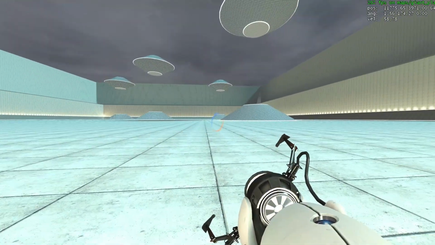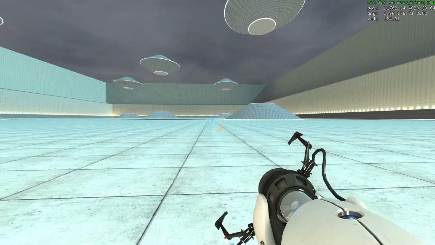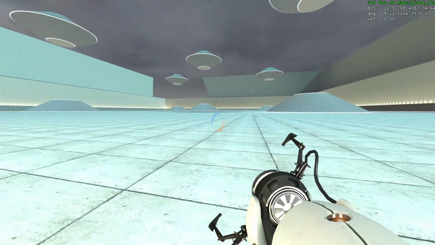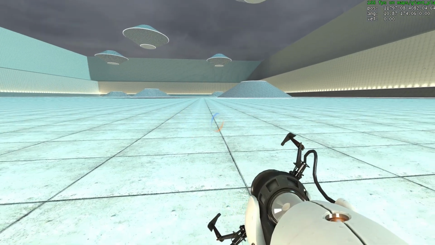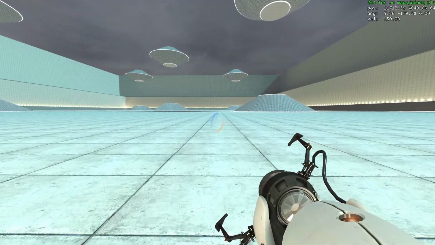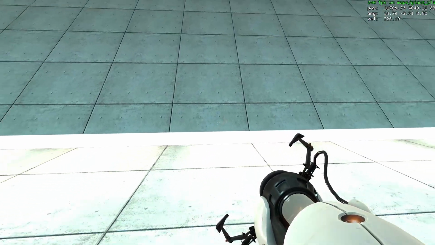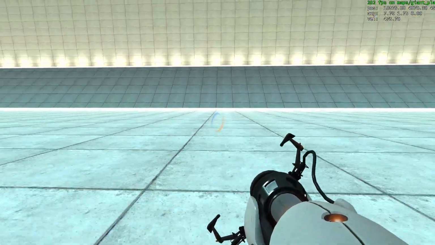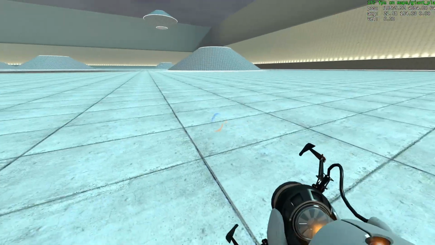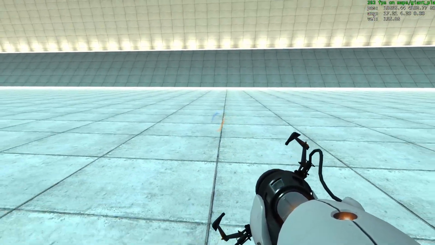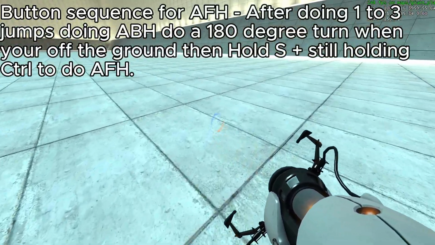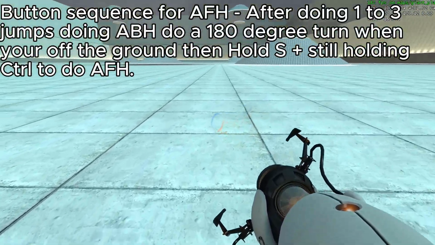Mostly pros don't even do AFH because they don't need it. Okay, so basically, now for AFH, watch this. Alright, so for AFH, you're gonna do backwards like this, and then when you're in the air, like this, hold up. I think when I was learning how to do this myself, I asked Gemini, and they're like, okay, for AFH,